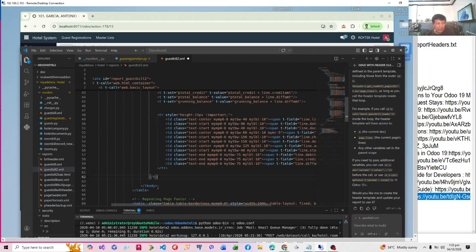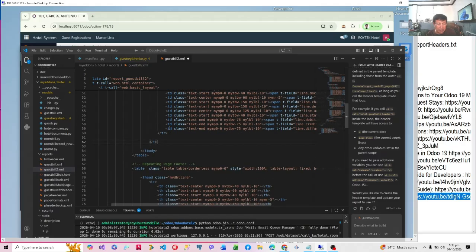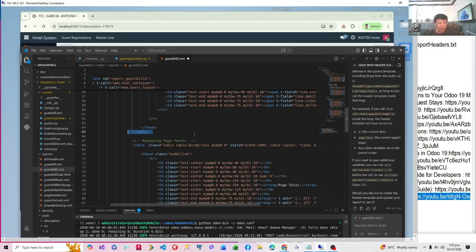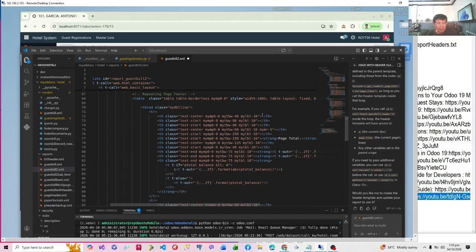At the end of our T body, we have a TR which has a T head. The T head will automatically be part of our page header. The TR will be part of our main body. And we have an end body, and an end table. Now outside the table, we'll put the repeating page footer. The repeating page footer will also have its own header. It only needs a header.